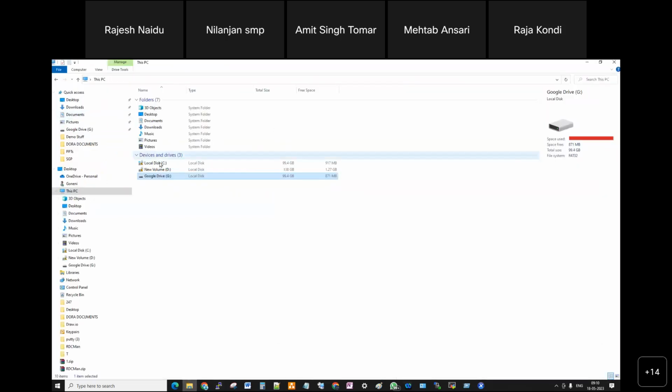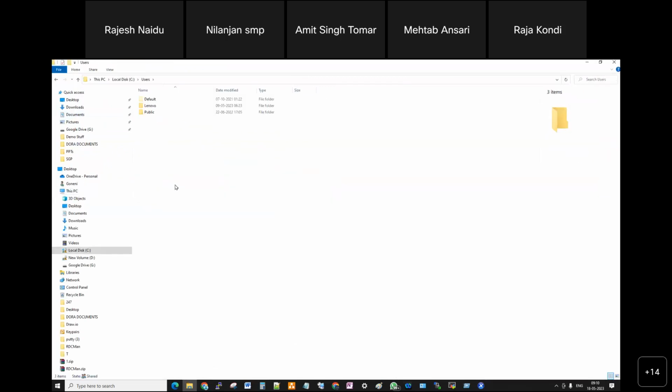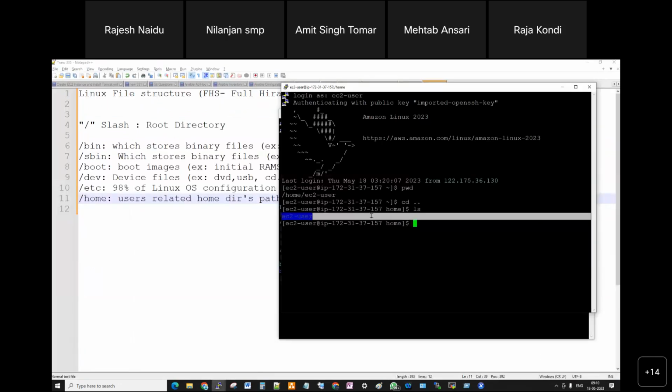Exactly similar to the Users folder in your Windows machine. Whatever users you are creating here, the same path will be available.